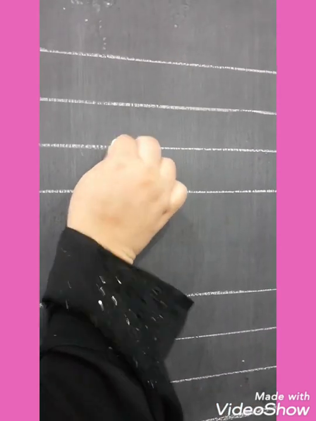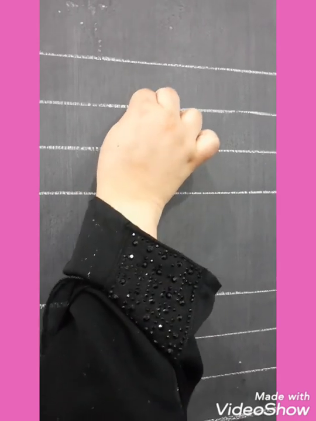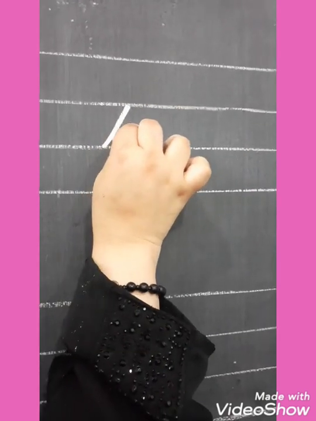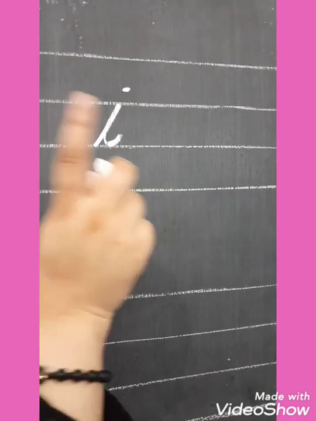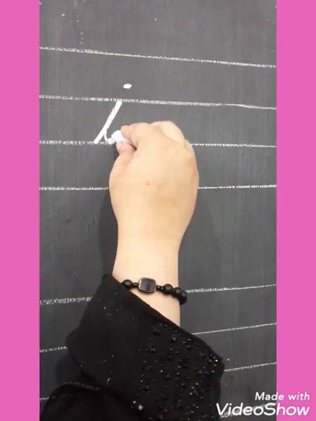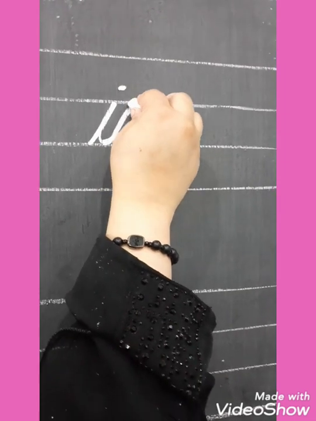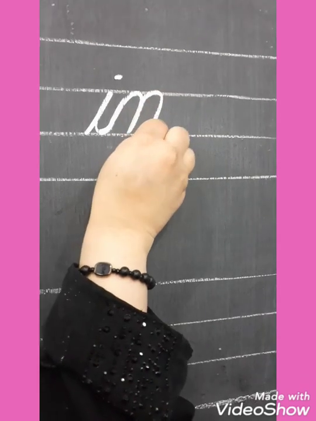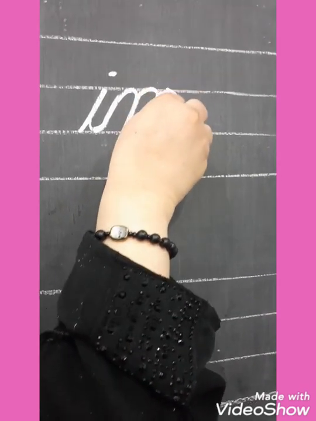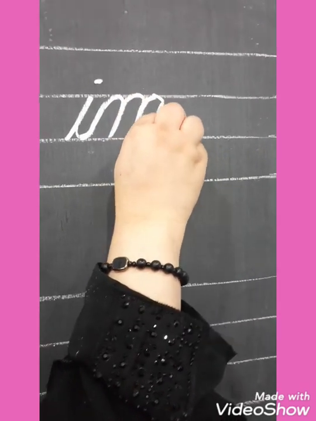The next sound is im. IM sound, im. Same way, start from the third line, go up in a slant, come down and leave it still. My dear student, you have to put the dot at the end. अब आपने इसके साथ join करना है m. So you have to take it up. आपने इसकी tail को ऊपर लेके जाना है और अपनी small letter m की formation को write down करना है like this and leave it still.